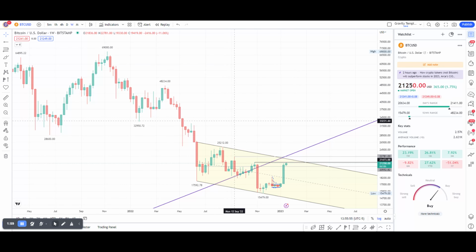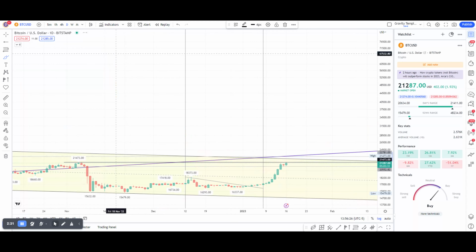We've also got the September high at 22,781. This is this right here. So I've marked that in that gray line. That high of September becomes another magnet to look at. And again, surprise, surprise, it's at the same area. I have that around the 23,000, 22 and a half to 23,500. Looking at the daily,